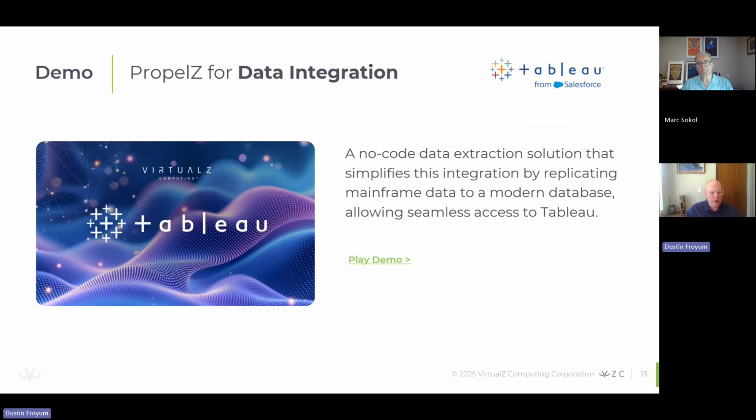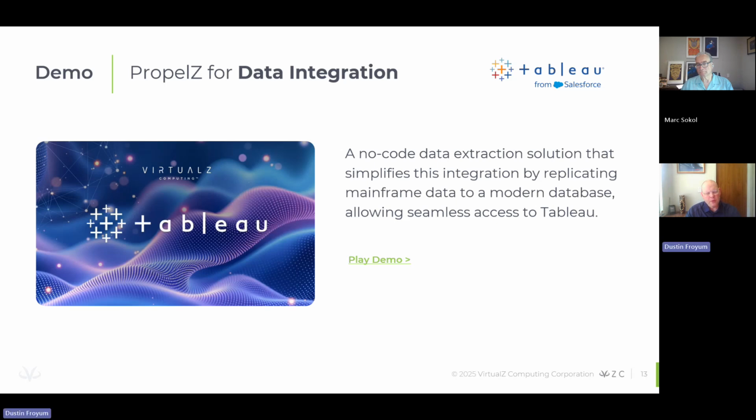I'm going to talk about, Mark went through the Splunk demo, but I'm going to talk about the Tableau demo that we have also on our website. So what this demonstrates is it takes a very complex VSAM file. I think the records are 100 or 1,000 K each or something like that. They're pretty big,